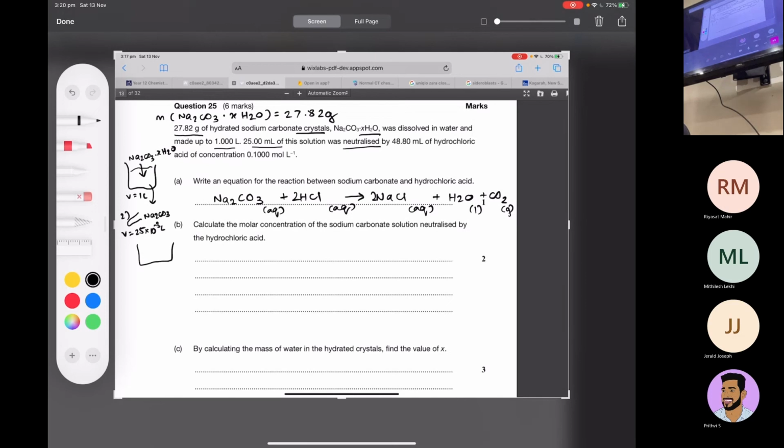what can you say though about the concentration of the Na2CO3? Doesn't change. So whatever concentration of Na2CO3 was here, it will also be the same for that C1, or will it also be here? Yeah, good job. All right, what was that combined with? All right, concentration of HCl is equal to 0.1. Volume of HCl is equal to